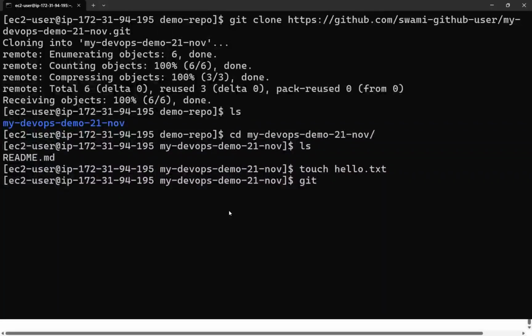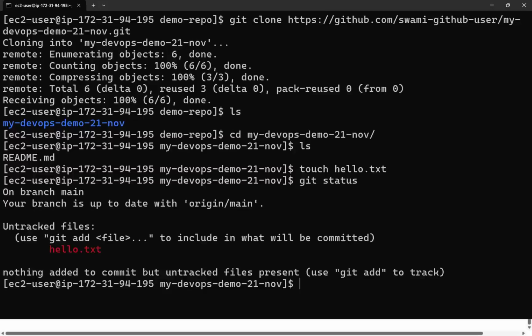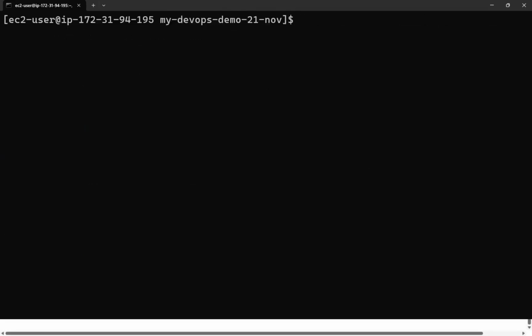So let's see git status. Yesterday we have seen that too, git status. It will tell you the status of your files. And right now you can see there's a file with the name hello.txt that is untracked, as in the file is not yet indexed. So let's go ahead, team, and index that file. You know the process well, git add. You may want to add all the files that are there, but especially, the name of the file is hello.txt that I want to add.